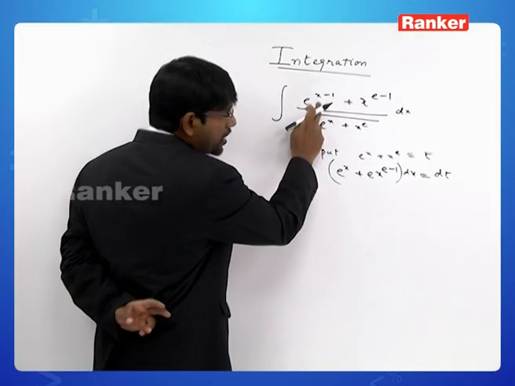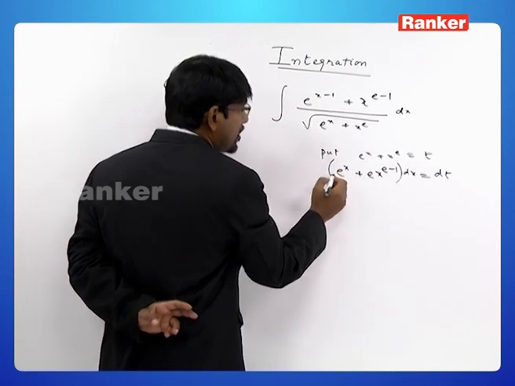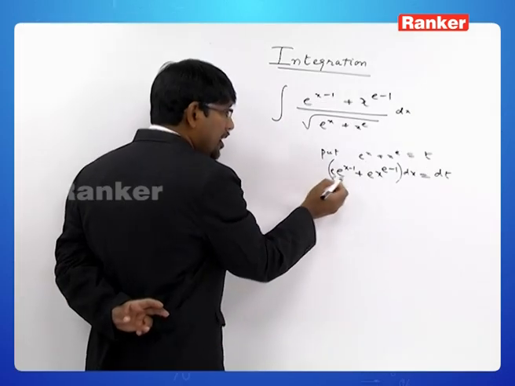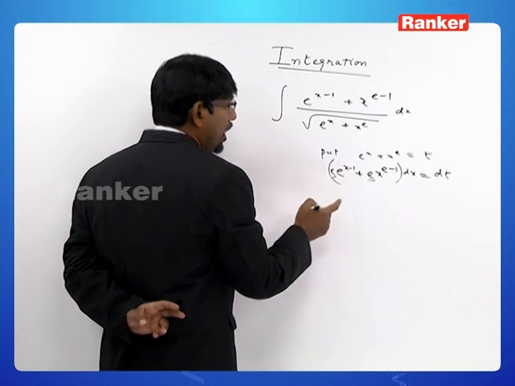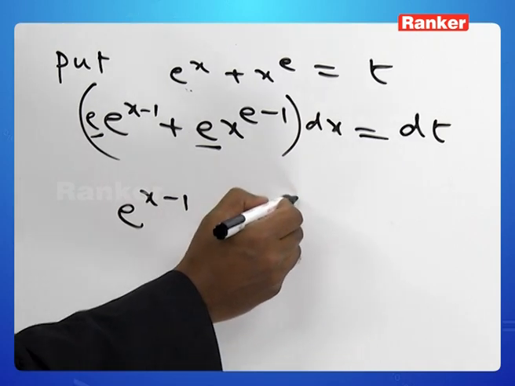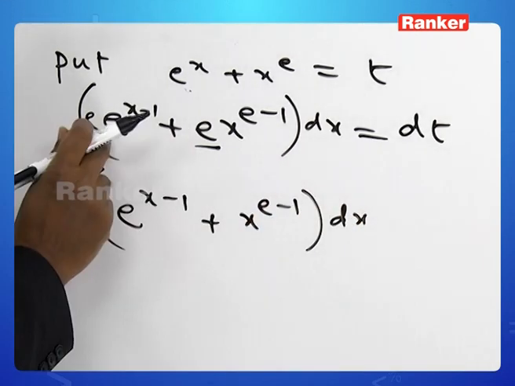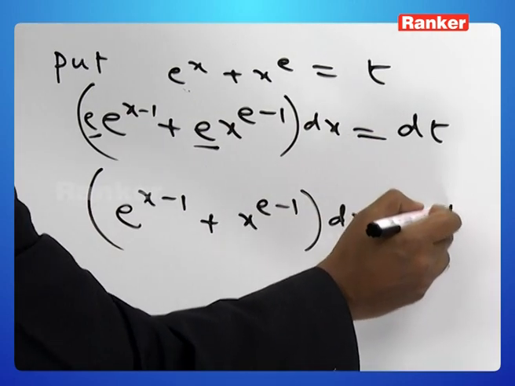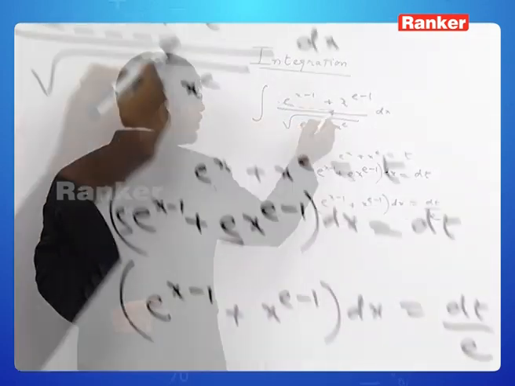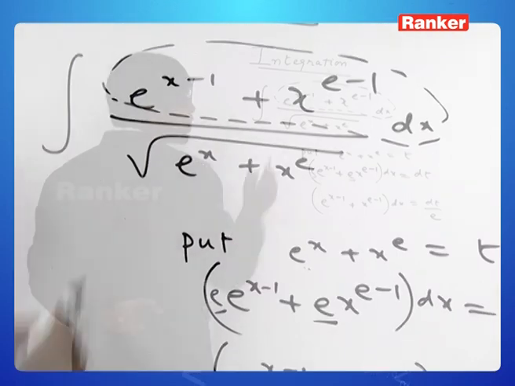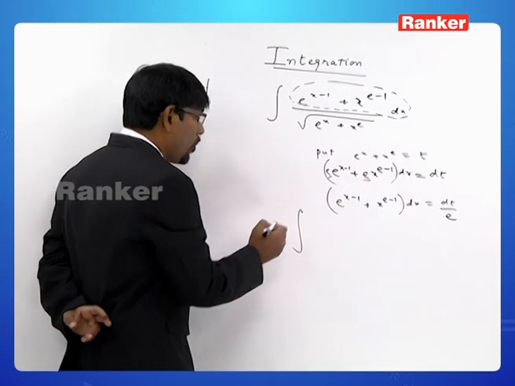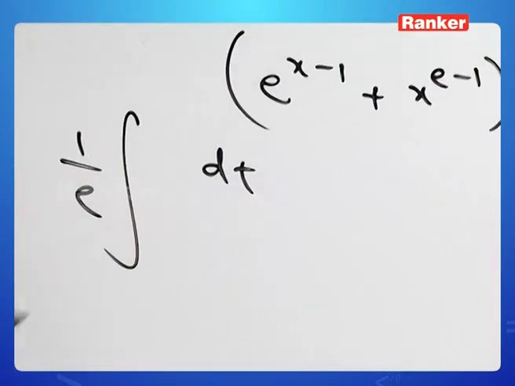We almost have that, barring we can rewrite this e power x as e into e power x minus 1. So, there is an e common throughout. So, what is it I have here? We have e power x minus 1 plus x power e minus 1 into dx. The e which we have common, we will take it to the other side as dt by e. So, this e power x minus 1 plus x power e minus 1 dx portion can be replaced with dt by e. So, we have the integral to be 1 by e into dt by root t,